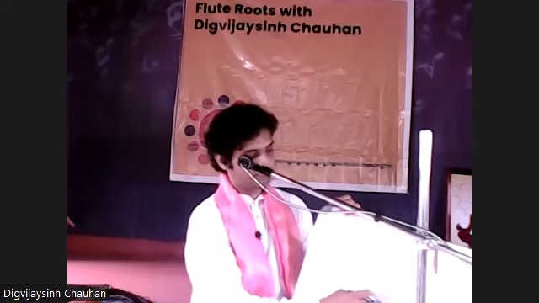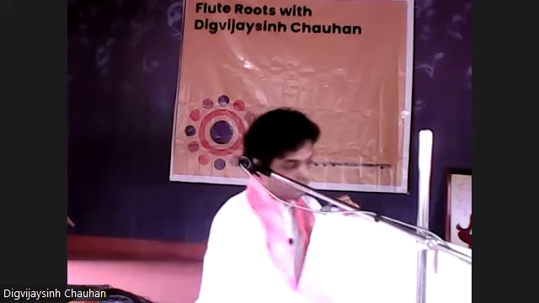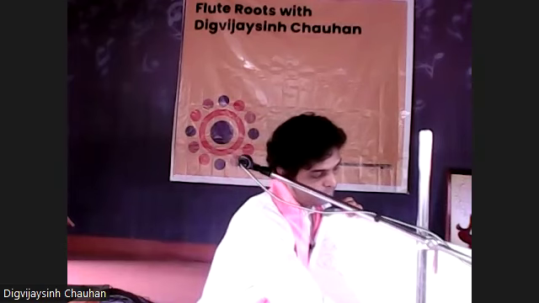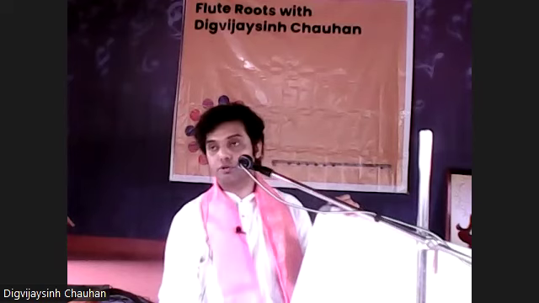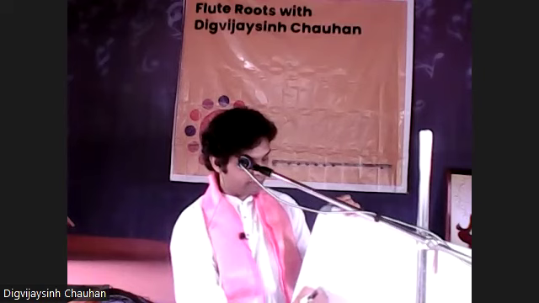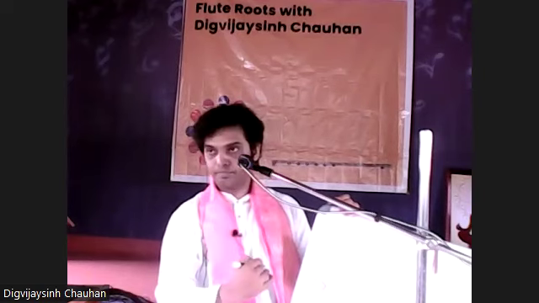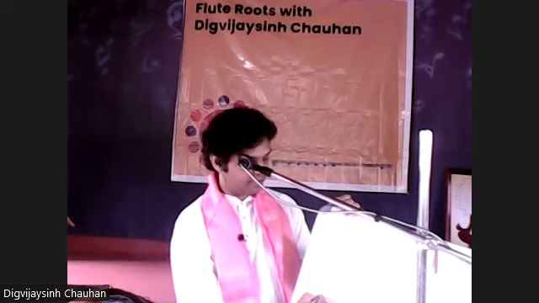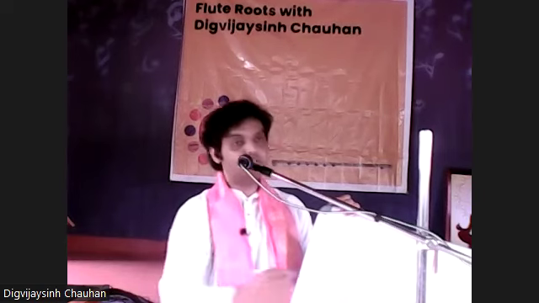1, 2, 3, 4, 5, 6, 7 notes are there. Okay, so in ascending we have 5 notes, in descending we have 7 notes. So what I want to say is, we can have a raga which has 5 notes in ascending, because minimum 5 should be there, and 5 notes in descending. Okay, we can have a raga which has 5 notes in ascending, 6 notes in descending.